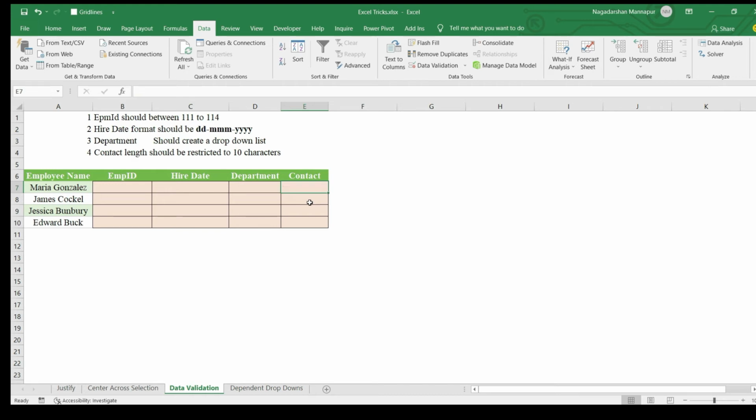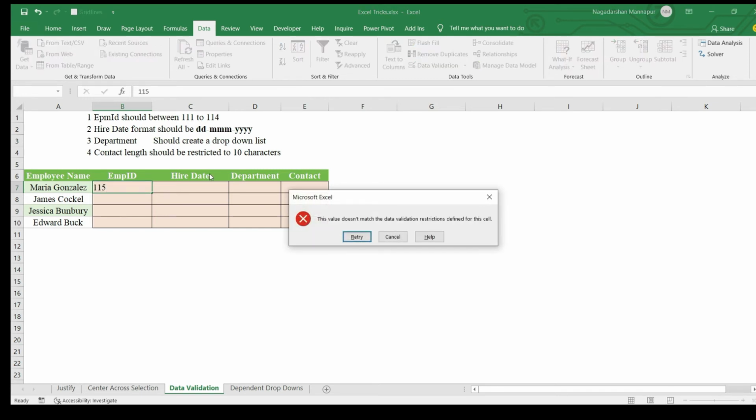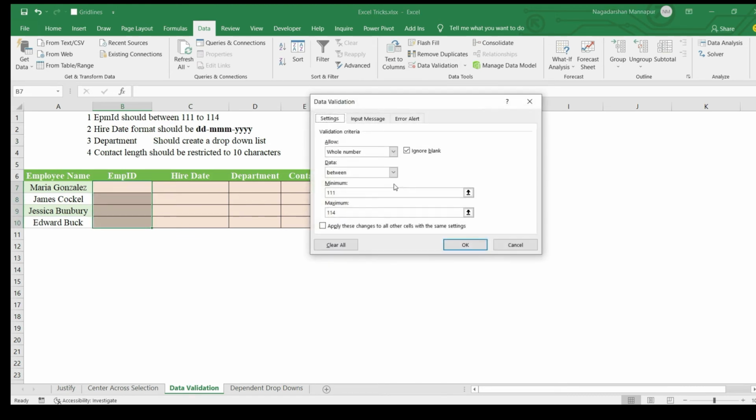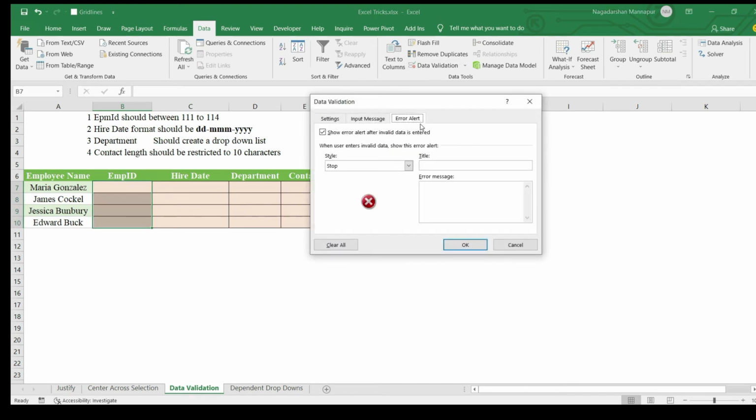Now if I want to put some custom error note, for example, employee ID should be between 111 to 114. So if I update 115, it won't accept, but it is giving me the default error note and default error description. If I want to customize it, I'll select the area, data validation. The last tab name is called error alert.